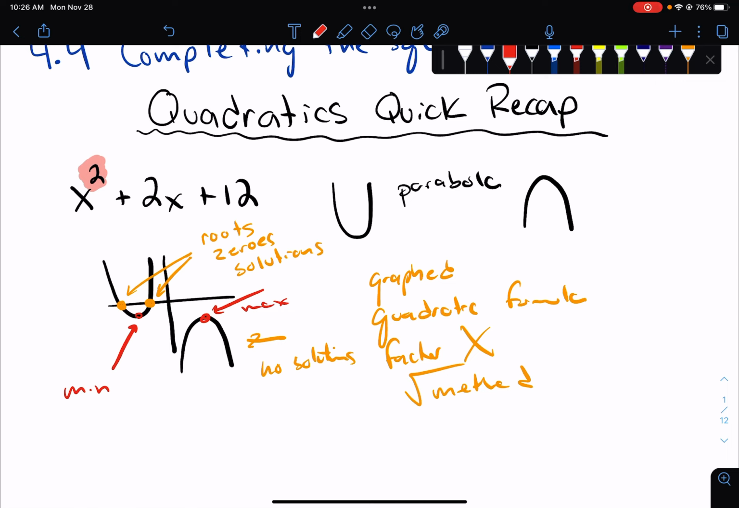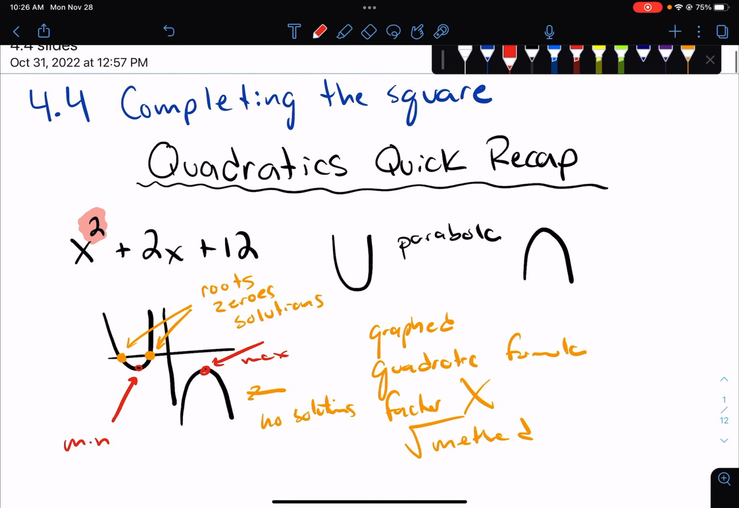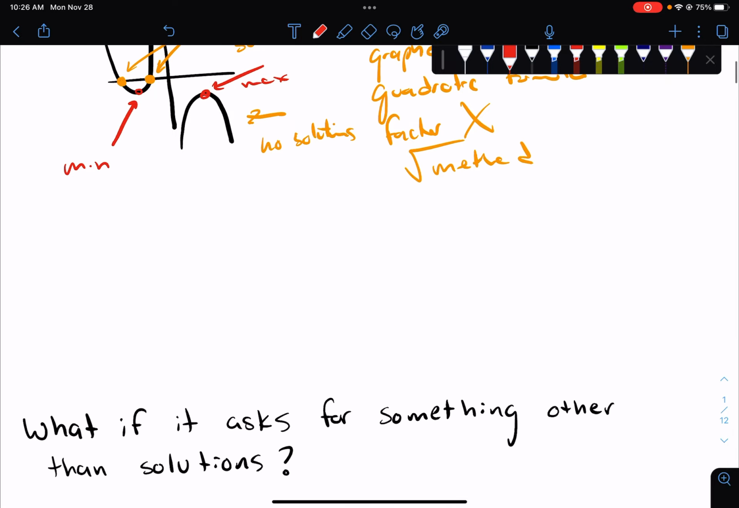There's all of these situations where you want to know what the maximum or the minimum is. You don't really care about the zeros. Sometimes you do, but there's other situations where you care about the maximum and the minimum. So we're going to use this method called completing the square to find the maximum and the minimum, all right? Now,